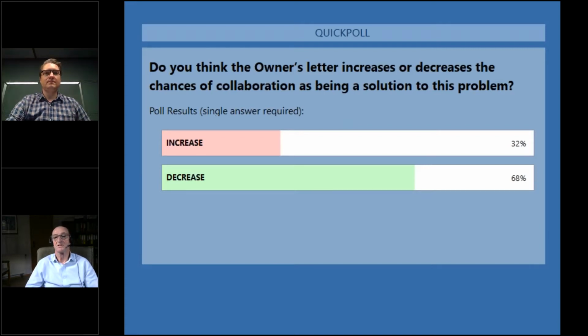So it doesn't surprise me at all. And of course, that letter just reinforces the owner's position, as you've explained in the last few minutes. He's relying on the contract, hiding behind the contract, and as long as that persists, the opportunity to find a workable solution that both parties can sign up to becomes less and less. So I think the delegates are right with their assessment. Yeah, I absolutely agree with all of that.